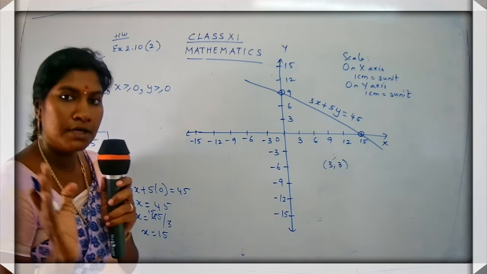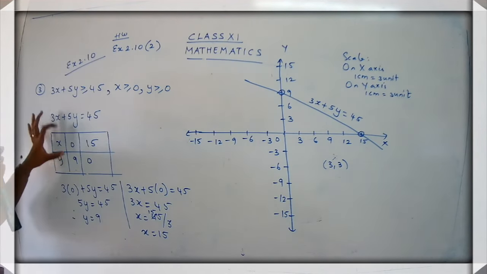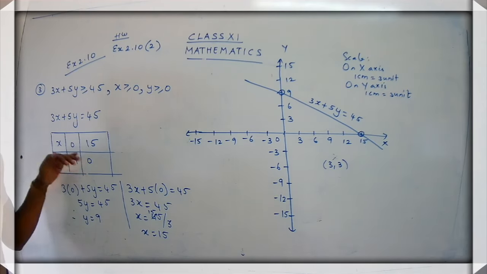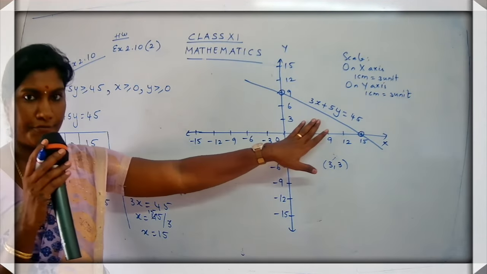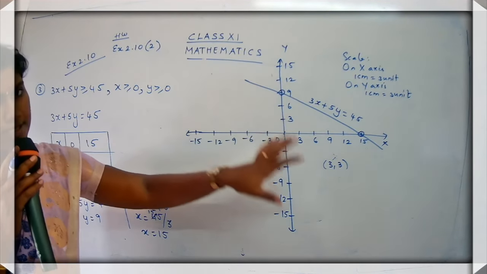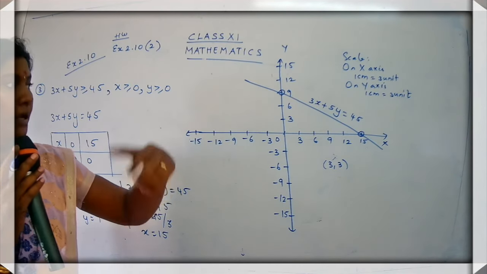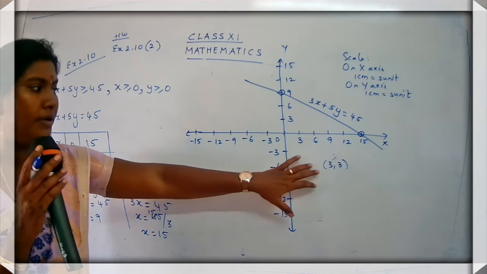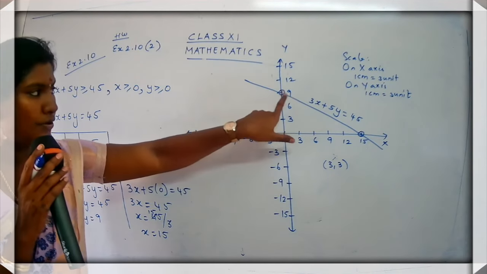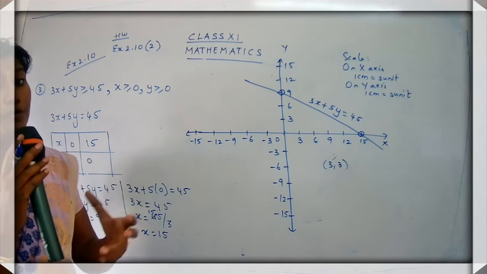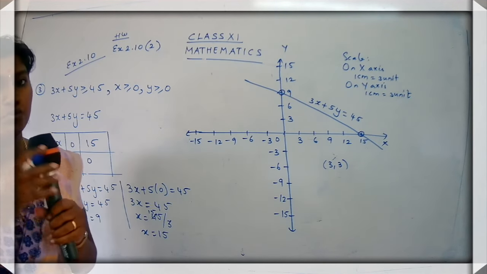Are you clear with the concept? So what is the work? The first work is clear. We substituted the value for x, and we substituted the value for y as 0. We got the values. Yes. Now what have you done? You have plotted the graph. Listen and understand the concept carefully, children. This is a very, very important thing you have to remember, because here is the point where you have to focus. So we have plotted a graph. Now we have to find out the region. So how to find out the region? You are going to choose a coordinate.